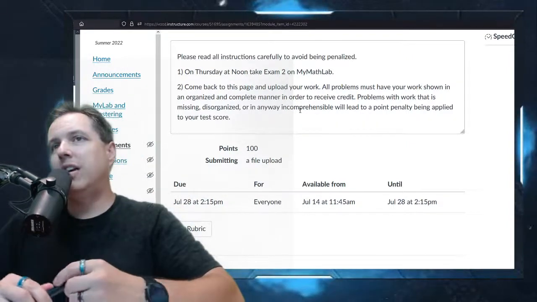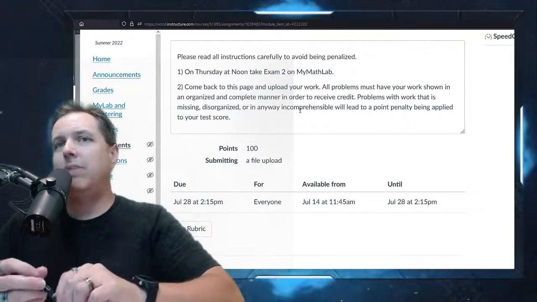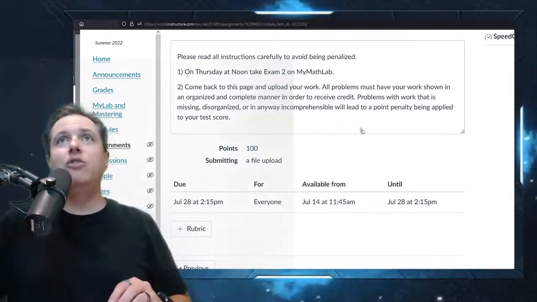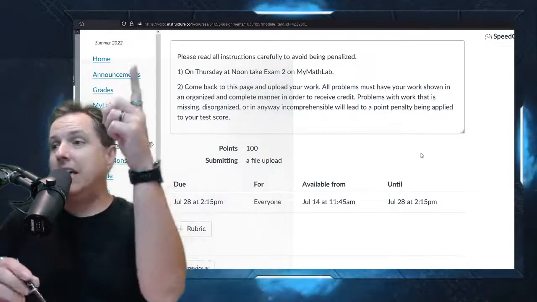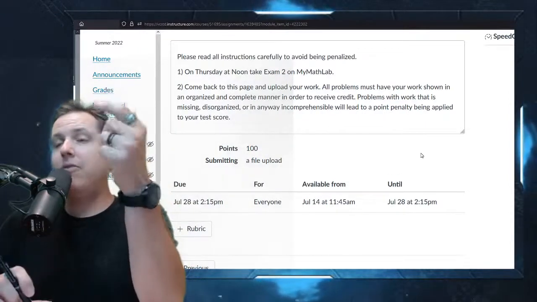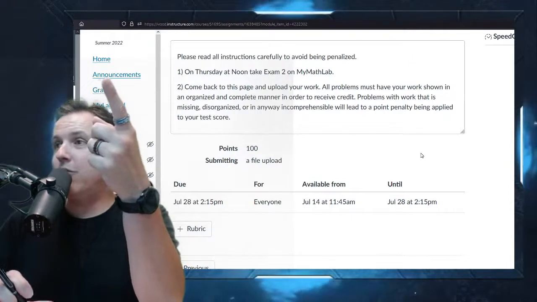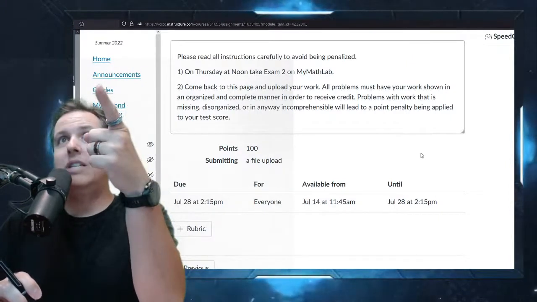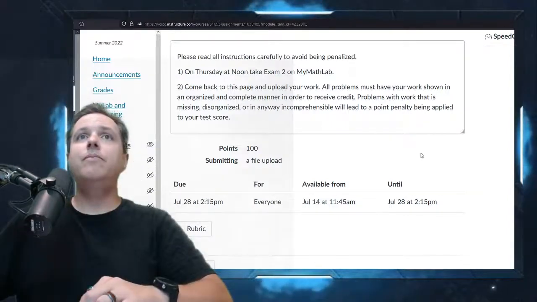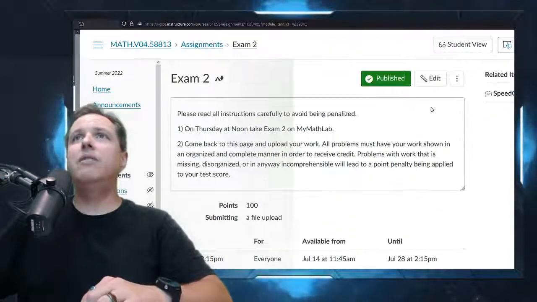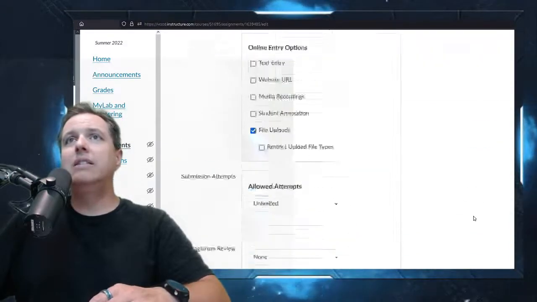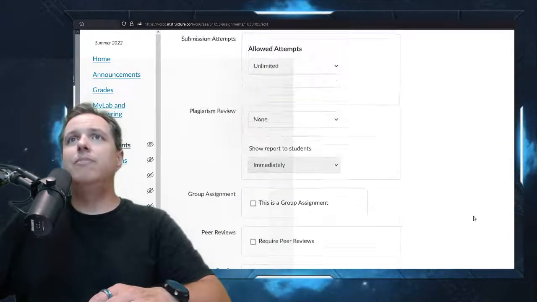It's just like the requirement in basically every math class you take that you have to show your work. It's the same thing here. You're just going to upload it, either by scanning it and submitting it as a PDF, or you can submit pictures from your phone, whatever works for you. But just make sure you get those in to me. In fact, I'll give you a little more time to get these up, but you have to do it relatively quickly.